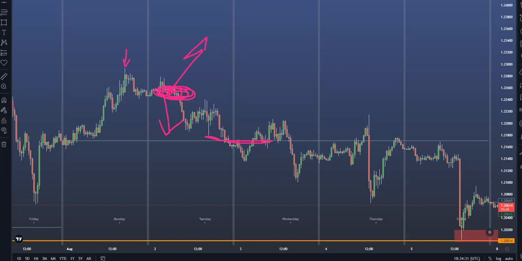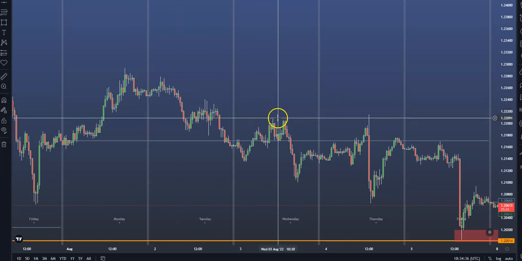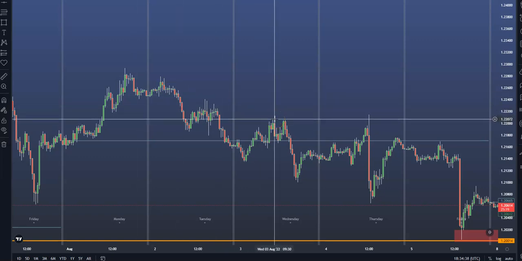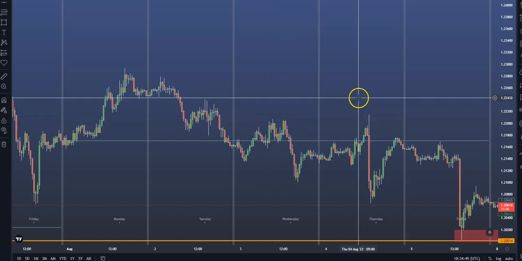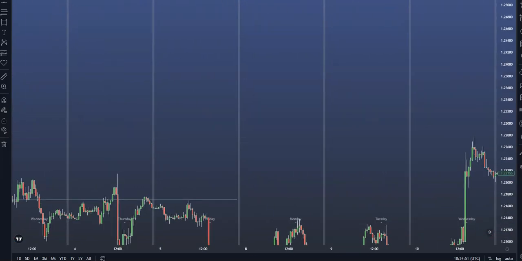This is where stats come into play. I don't care what anyone says, you need to collect data. You need to have the courage to come up with a hypothesis and not be afraid of it being wrong. Because even when stats don't work, something can actually come out of that. Let's just say you collected stats on market gaps. For example, we have this, and then the market opens up on Monday, and there's a gap here.